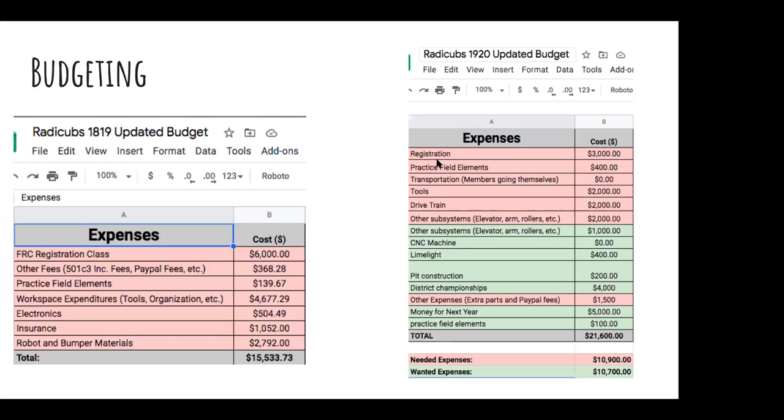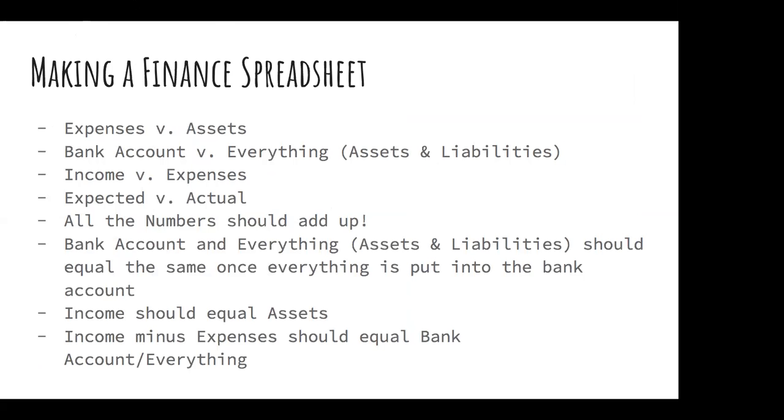So it's a good way to gauge how much money we really need and then how much money we want. Overall, the budget said that we needed $21,600, but what we really needed was $10,900, and the extra wanted expenses would cost $10,700. So that's that. And I've created the finance spreadsheet for the past season, 2019-2020,